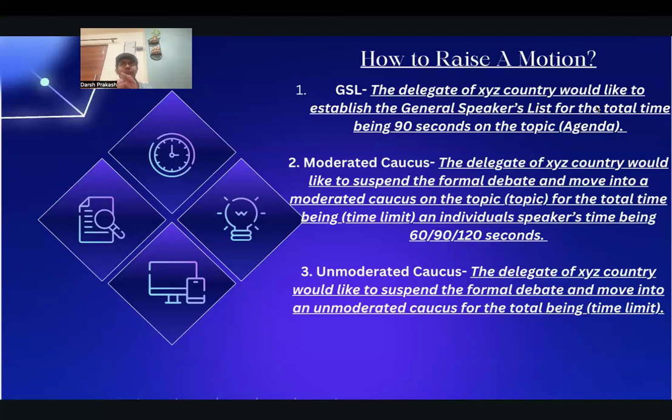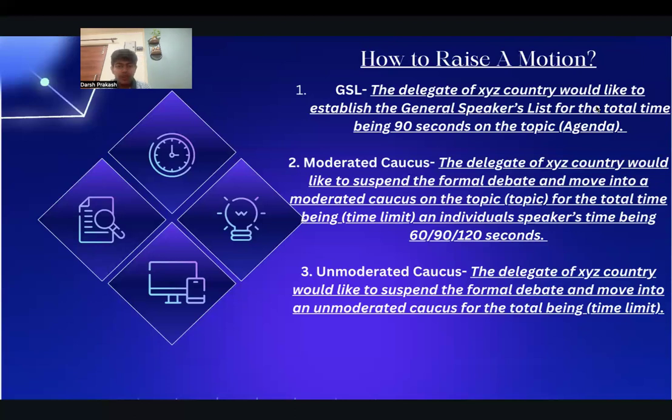And if your votes are 11 or more than 11, then the motions will clearly pass. So it depends upon how many people are in the committee. I just took an example of 20 people. There are various committees that have 180 or 190 delegates as well, and the voting and the majority level increases drastically. So you need to keep in mind the total strength of the committees and what is the majority that you require. And according to that, you need to raise the motions at a specific point of time.